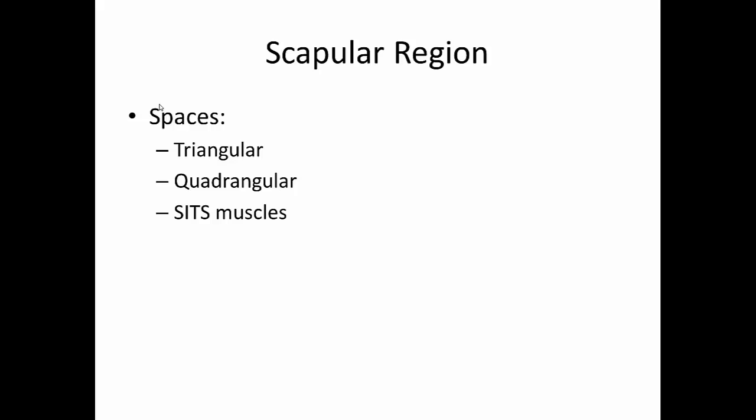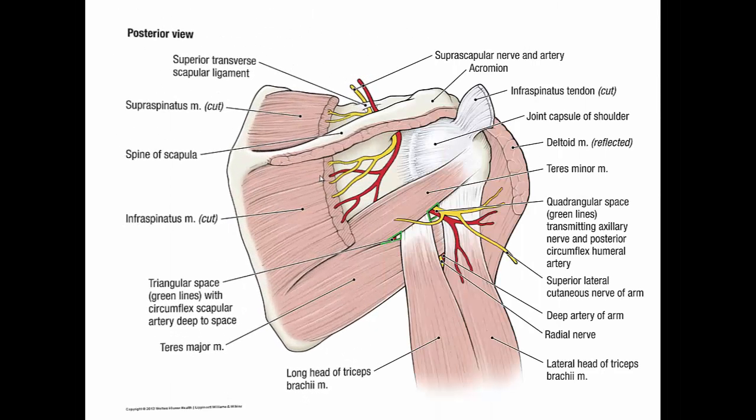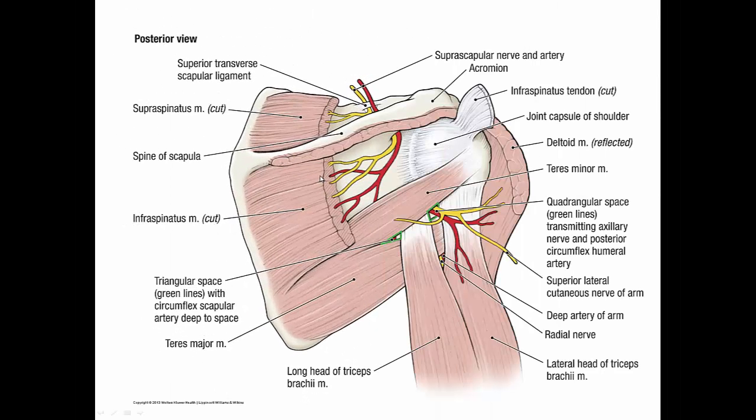A couple of main points about the scapular region. We will encounter two different spaces, the triangular space and the quadrangular space. And we'll also encounter the SITS muscles, which are the muscles of the rotator cuff. To get to this view from the dissector, you're going to have to use your scalpel and detach the deltoid muscle, which is indicated here, and reflect it away to its distal attachment. Then with a little bit of work and maybe cutting the supraspinatus and the infraspinatus as well, you should be